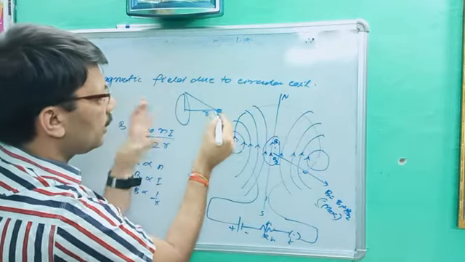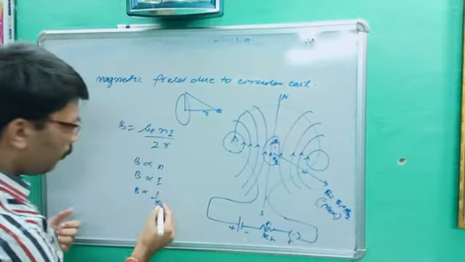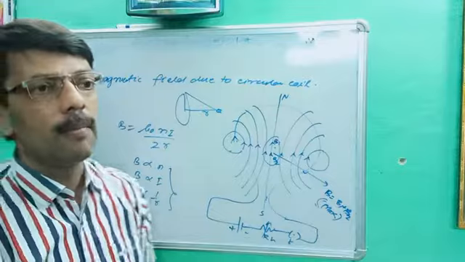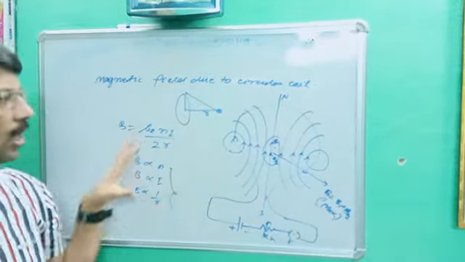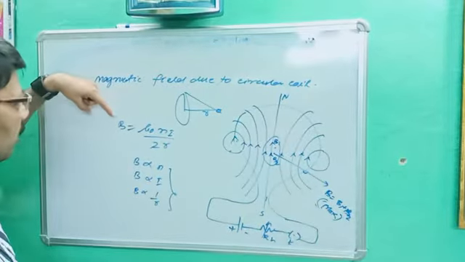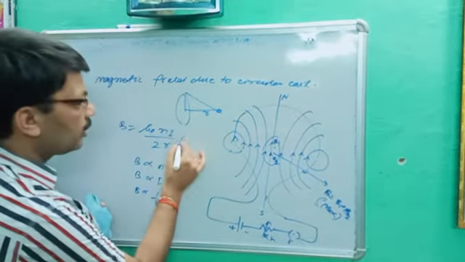Okay, now it means this is the axial point. It means as soon as you move away from the center, the magnetic field what? Decreases. So these are the factors on which the magnetic field depends. So this is all about magnetic field due to a circular coil, and the formula is very clear: B is equal to mu naught N I upon 2R, and its unit is Tesla.